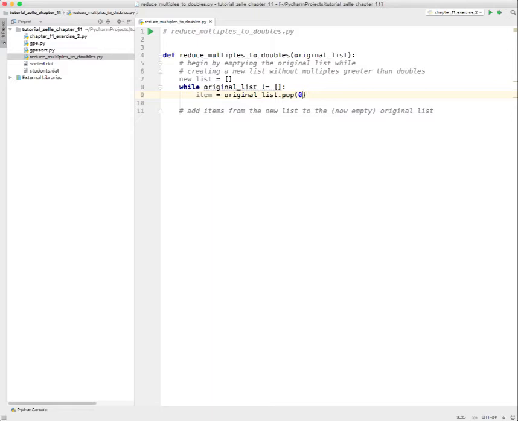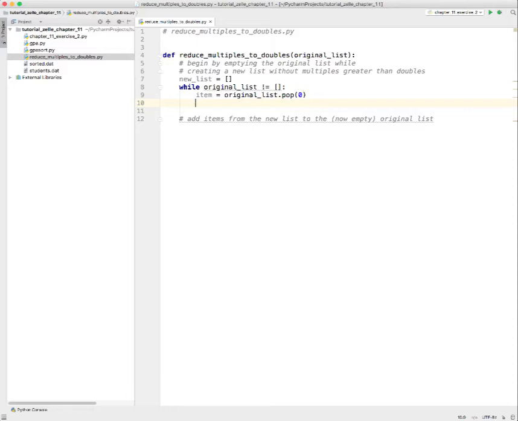Okay? So that's going to do two things if you look up the methods for list and you look at pop. One is it's going to return the value of whatever's in the 0 position. And so we're going to save it in item. But the other thing is it's going to delete it. It really pops it off the list. Okay. And now, whoops, sorry about that. Now, well, we have to decide whether or not we're going to save it into the new list. Well, if we just simply automatically save it into the new list, well, then we're going to get triples and quadruples and all that kind of stuff. So we've got to decide